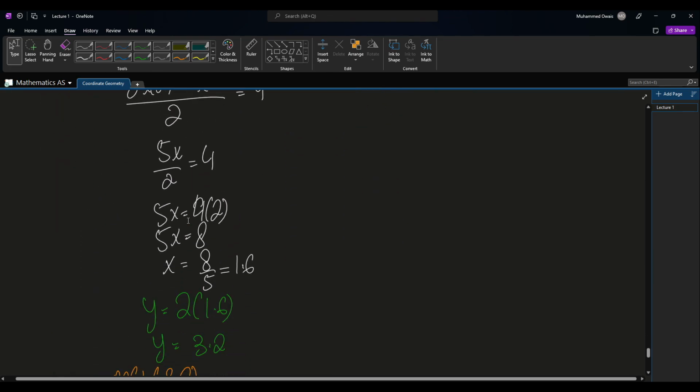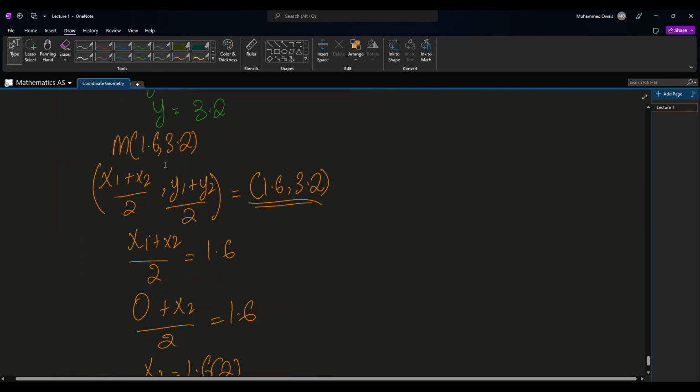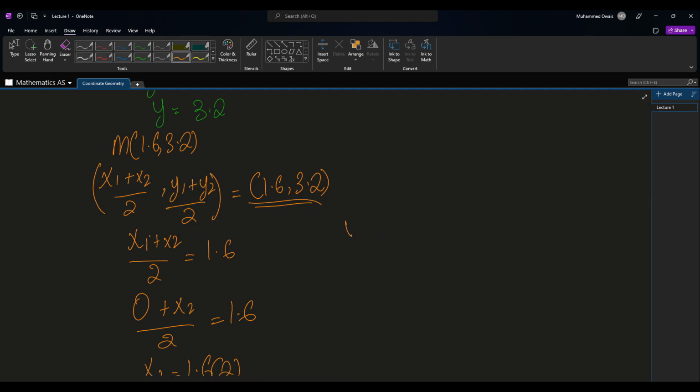Now then, to find the y coordinate, all I have to do is equate y1 plus y2 over 2 to 3.2. So let's do this here. y1 plus y2 over 2